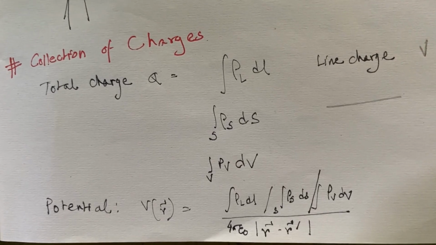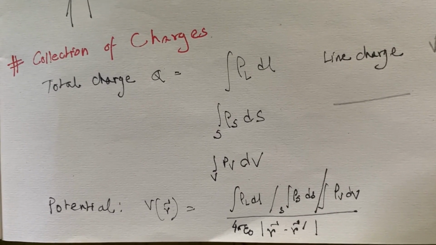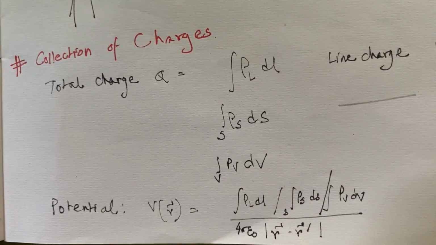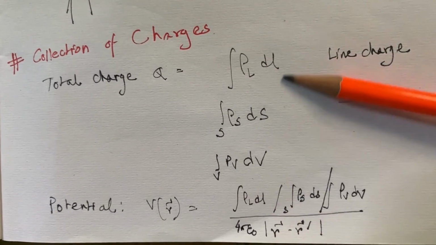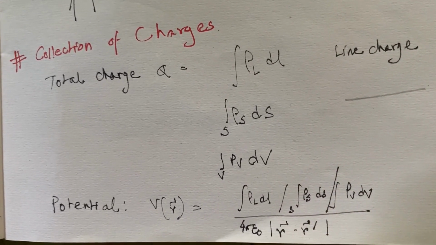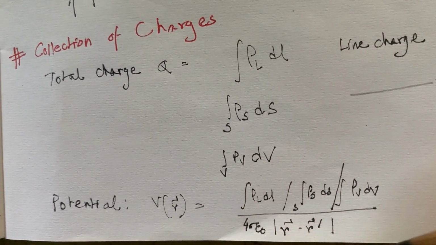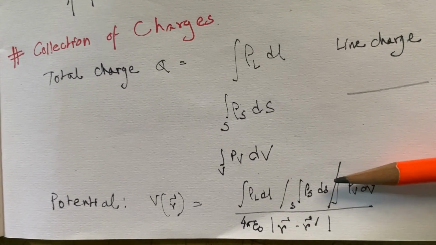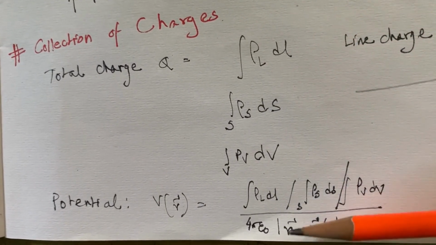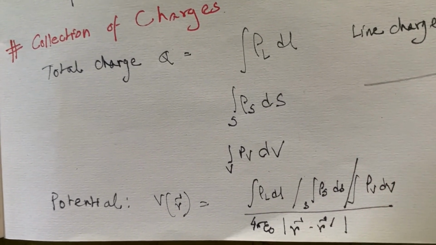This is just like water flow. When water flows, we consider that as a continuous flow, but we know that water molecules are completely discrete from each other. And in the case of charge distributions which are regarded as continuous, the potential at a point can be calculated like this. We have to use then this one or this one as the case may be, then 4 pi epsilon 0, and the distance is there. This is the modulus of the distance between the source and the field points.